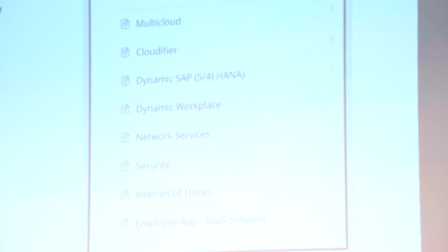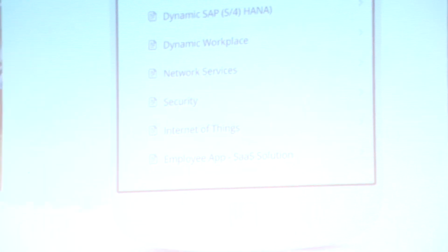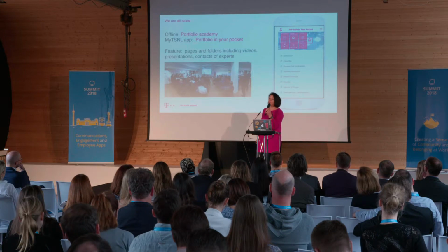Because our ICT portfolio is not so easy to comprehend. That's why we thought it's better to just explain to people briefly what it's all about. And we only focus on the 7 or 8 portfolio elements or portfolio families we actively push in the Dutch market. So what we do in the app is Portfolio Pocket. In the old days, which was July last year, we gave them a piece of paper with a kind of handout, like, this is what you've heard today. Now we say all information you've heard today is in the app, including videos,